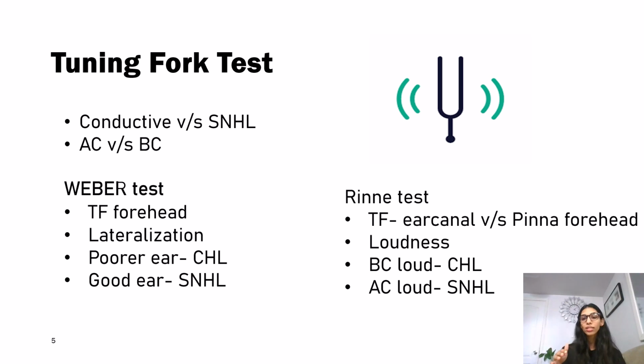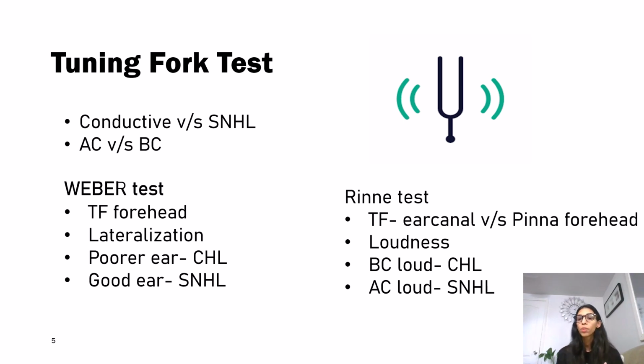If the patient is saying that he heard the sound in his poorer ear, that means he is having a conductive hearing loss, because when you're having conductive hearing loss, it is more like an occlusion effect. When you close your ears and when you listen, you feel that some sounds are a little louder. So when bone conduction comes, it sounds louder because there is some kind of occlusion. So when the patient is saying that he is hearing the tone in the poorer ear, that means it is a conductive hearing loss. And if they are hearing the sound in the good ear,